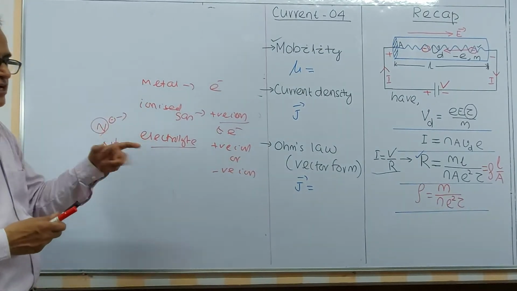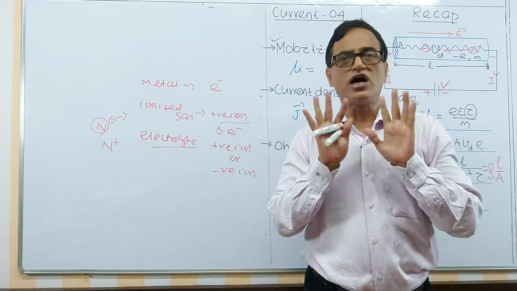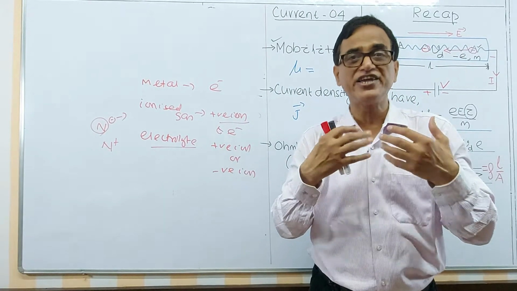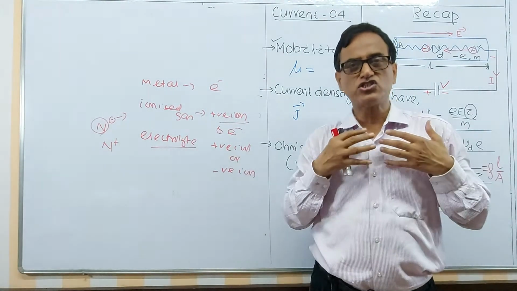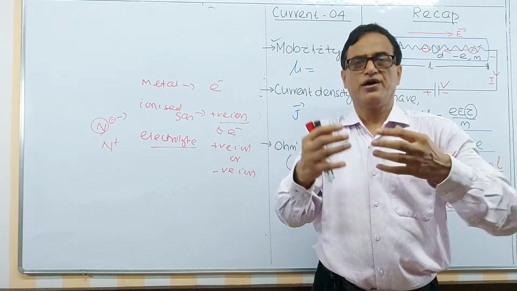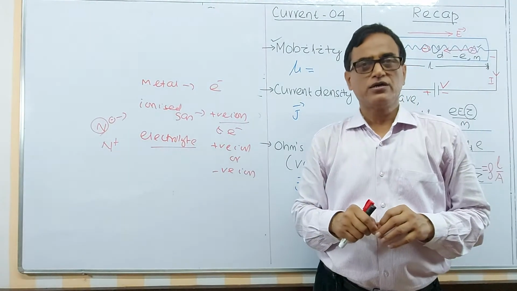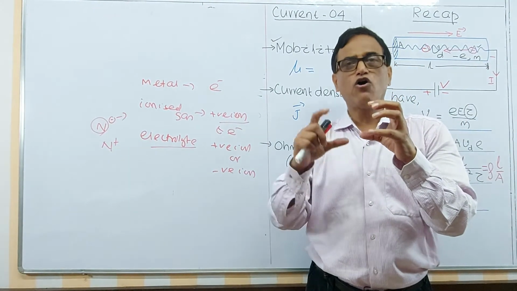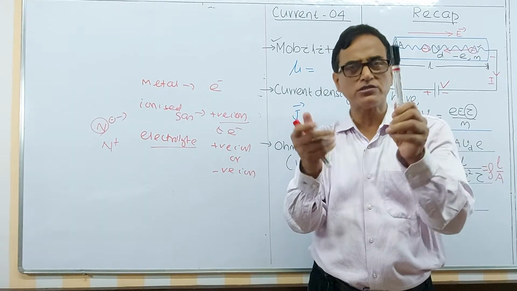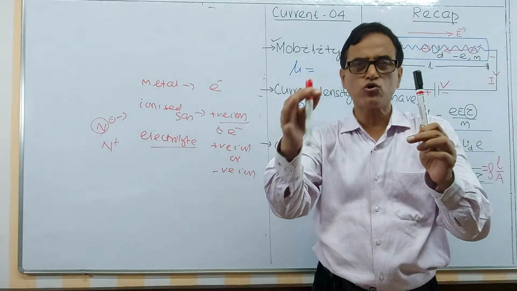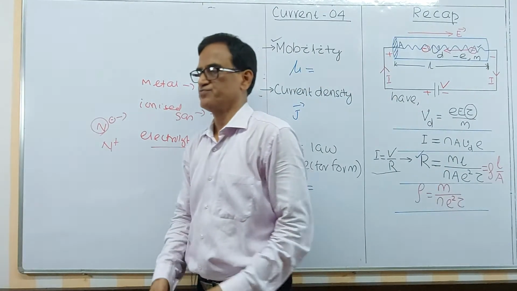These are the very fundamental things you should know. In metals, the charges that move, the charge carriers, we can say, are electrons. In ionized gases, the charge carriers by which you can get current may be electrons or positive ions. In an electrolyte, either positive ions or negative ions, just like sodium chloride. Sodium giving an electron becomes sodium plus, chlorine taking one electron becomes chlorine minus. They are positive and negative ions. Ions can move in this case.